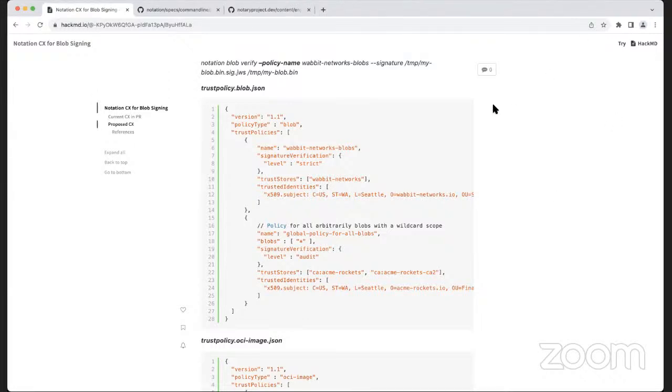Go on. Yeah, I think if there is a possibility of having multiple files for an artifact type, it makes sense to have a directory for trust policies, right? And then use blob.json as the suffix for differentiating blob trust policies from other trust policies.